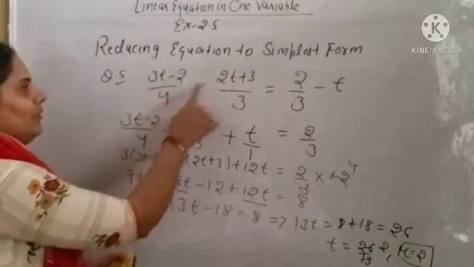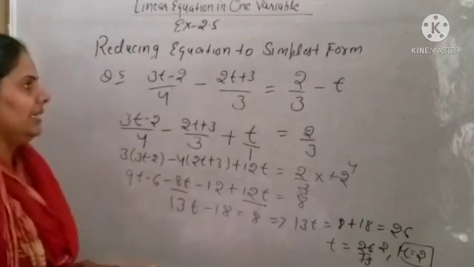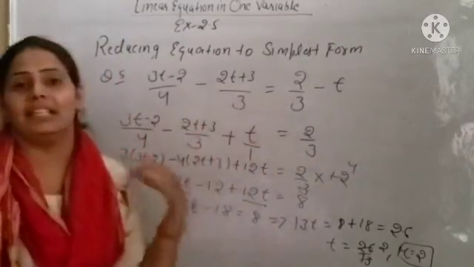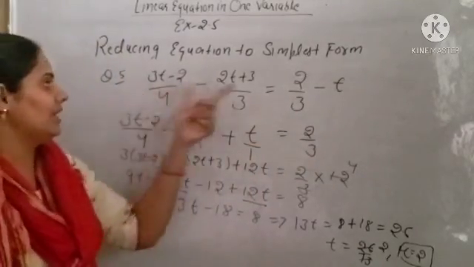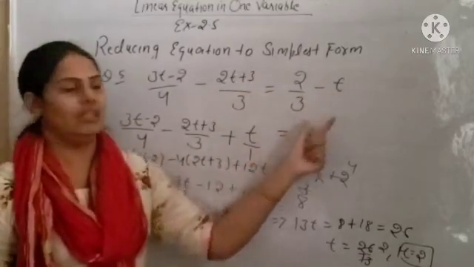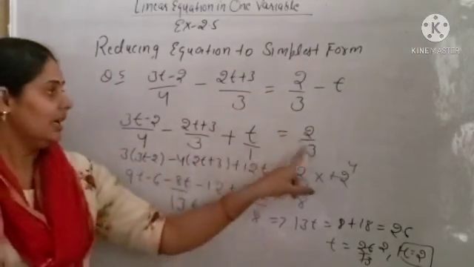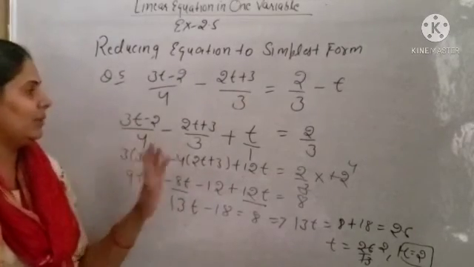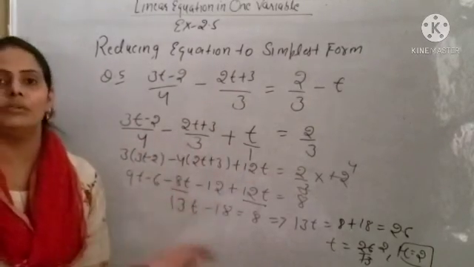So simple first step beta in this question, I am explaining once again. (3t minus 2)/4 minus (2t plus 3)/3 and 2/3 minus t. Okay, so first you will take all the t variable one side. So it is also t variable, it is also t variable, and this one you will take left hand side, so it will come in addition, is equal to 2 by 3. Now numerator upon denominator form is given.